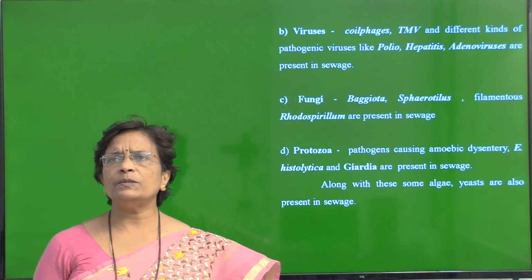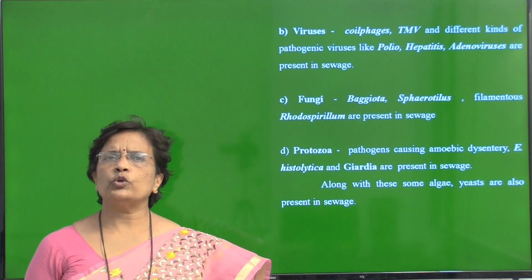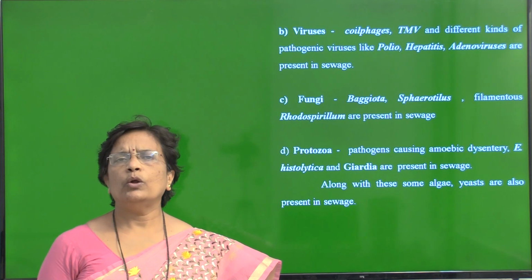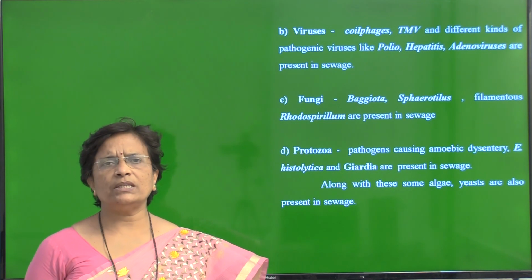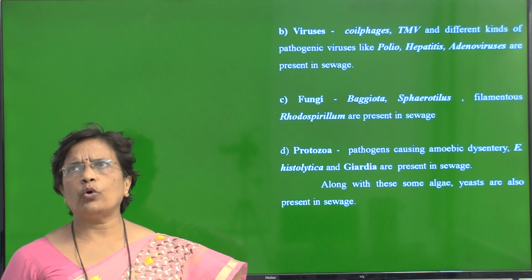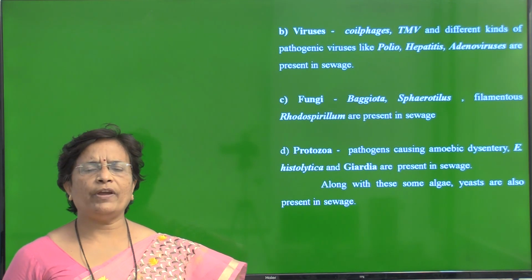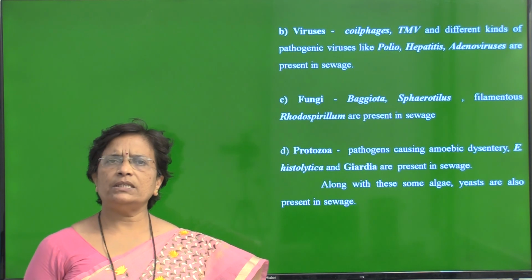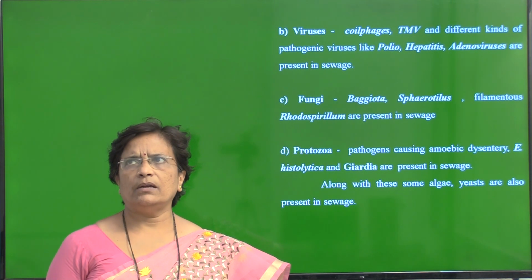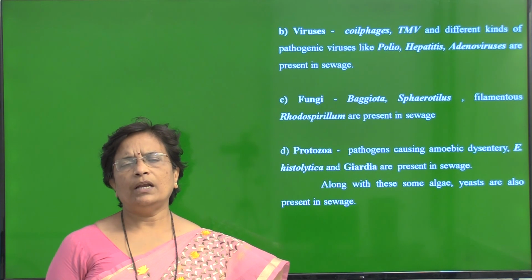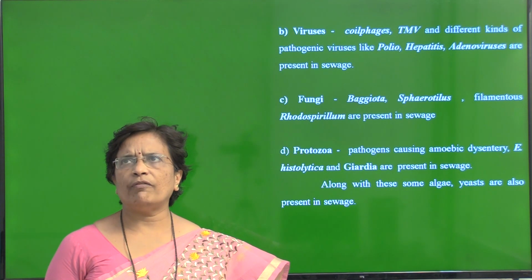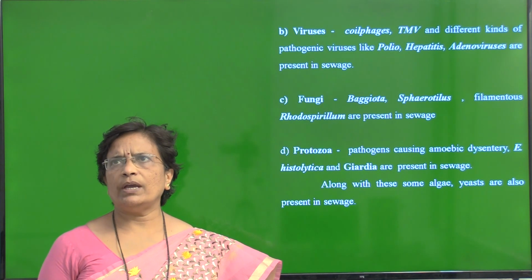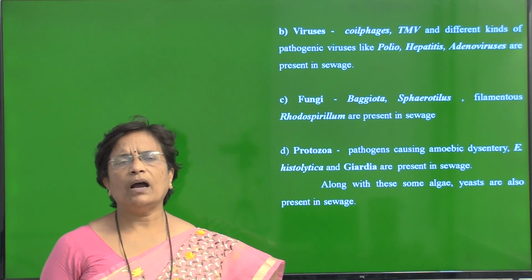Along with these bacteria, sewage also contains certain viruses like polyphages, meaning the bacteriophages or phages which infect coliform organisms. So viruses like polyphages, TMV, along with different pathogenic viruses like poliovirus, hepatitis virus, adenovirus are present